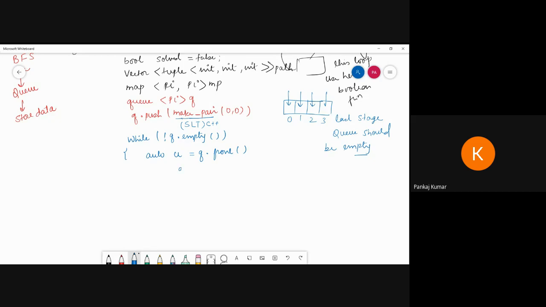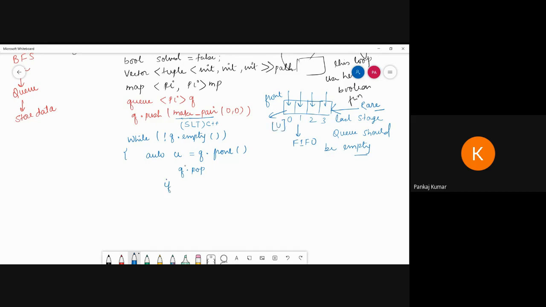Then we have to q.pop. As you know, the queue works on first in, first out. So this will be the front, and this one is the rear, the back side. So first it will be popped out, and suppose this one is u.